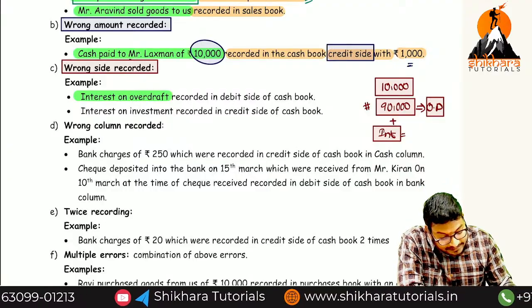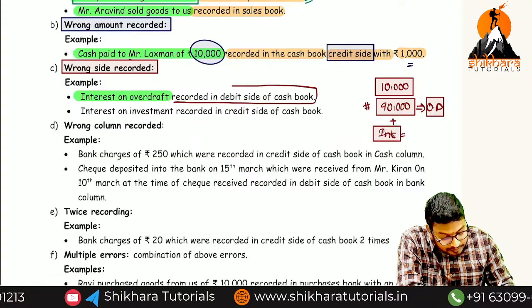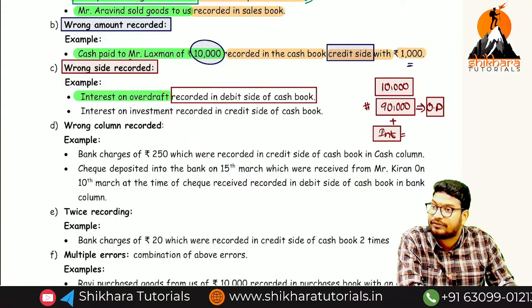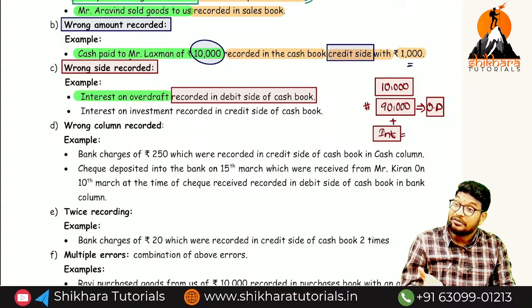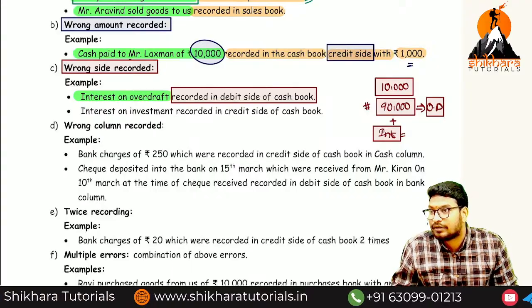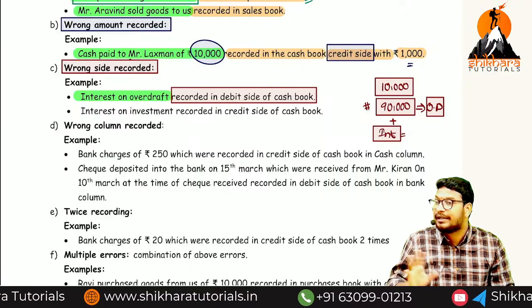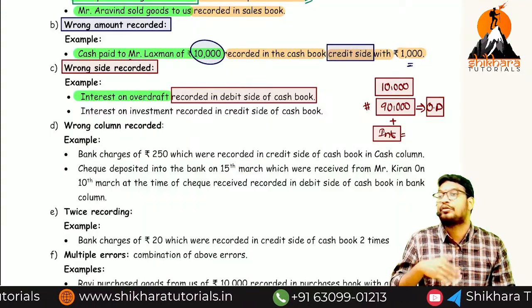But unfortunately they are recording on which side? Recording in the debit side of the cash book. The side is different. So in order to cancel, we have to post what? Opposite entry. Are you getting the point or not? The amount is not different. If the amount were different,